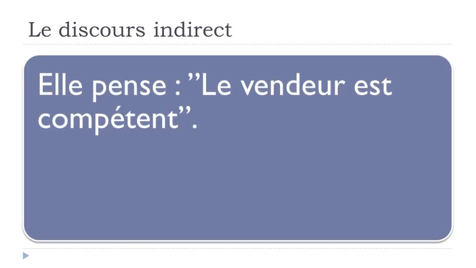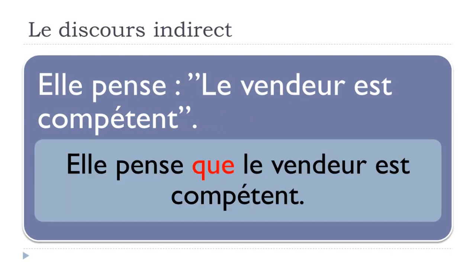discours indirect, because, well, the discours indirect is basically if you've got, well, one sentence like that. Elle pense, le vendeur est compétent. Okay, penser is to think, she thinks. Le vendeur, the seller, est compétent, is competent. Okay, so in that case, it's possible to have this kind of structure. Okay, but then if you want to combine these 2 sentences into one, you can just modify it, and that's